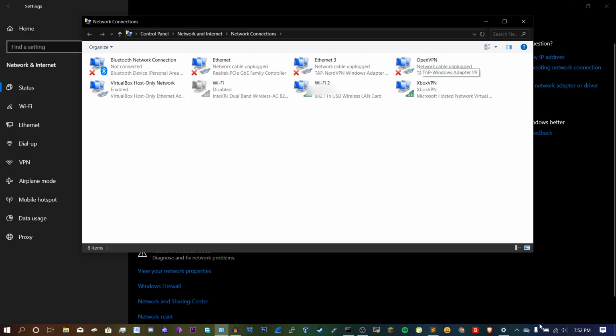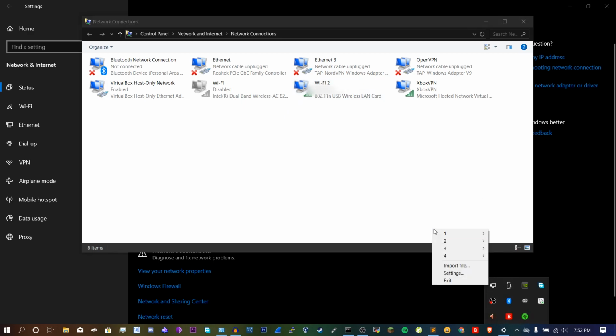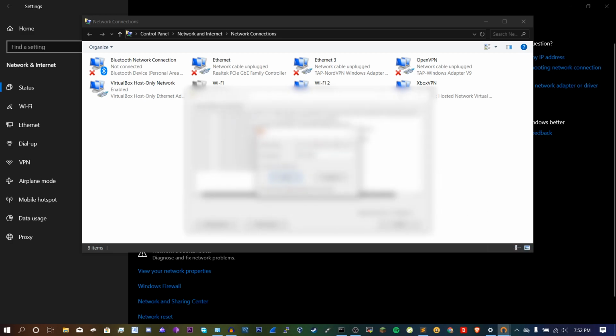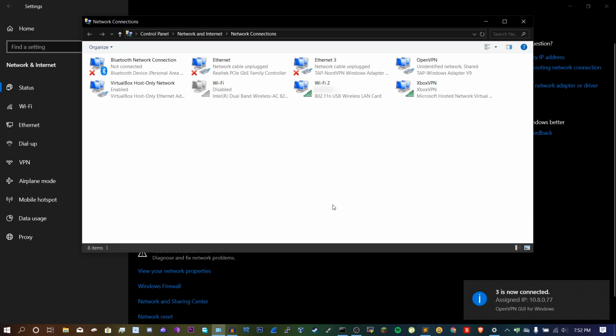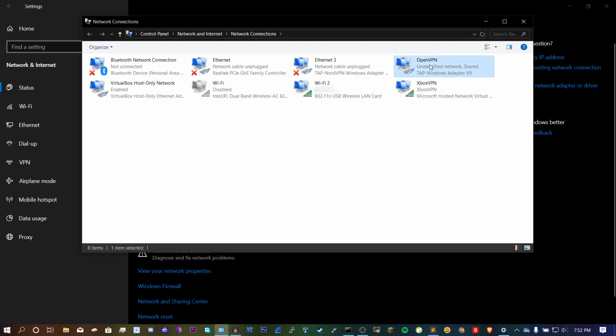So the next thing you want to do is make sure that you have OpenVPN installed and everything. I will have a link to how to set up OpenVPN in the description, and you also need to have a VPN subscription. So here I'm just going to connect to a random server. Okay, I have now connected to a random server, and now all I'm going to do is right click on